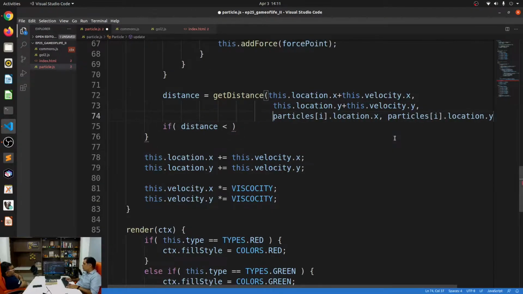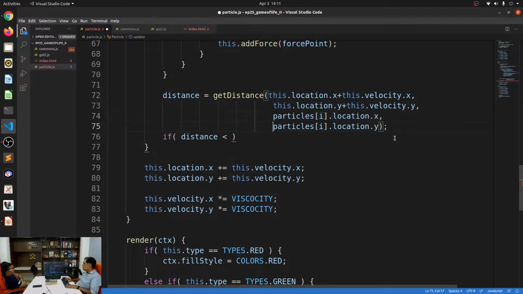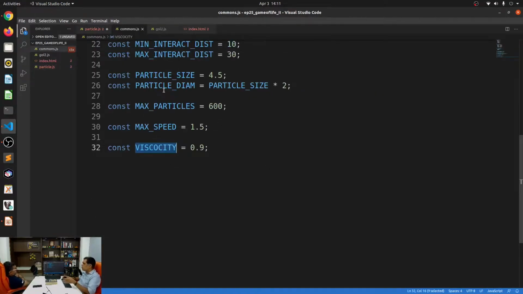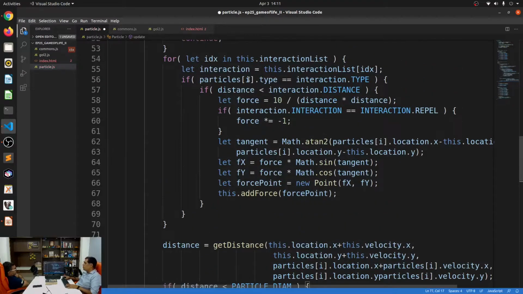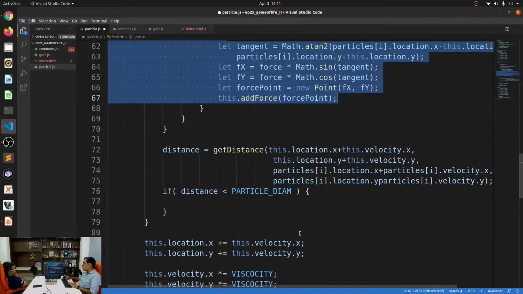And the same for the particles. I'll just do the same for the particles, right? So I'll just say plus velocity dot x, plus velocity dot y. That's it. All right, so now if the distance is less than the diameter of the two particles, which is this particle diameter, then you basically do the exact same thing, except this force is always negative.